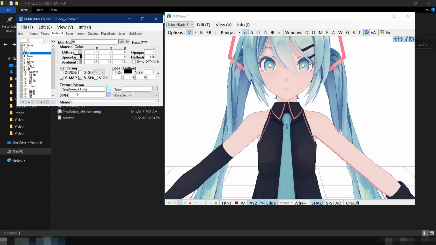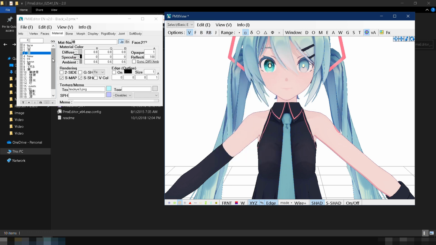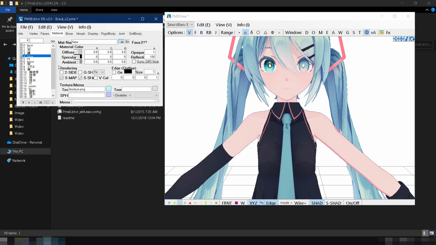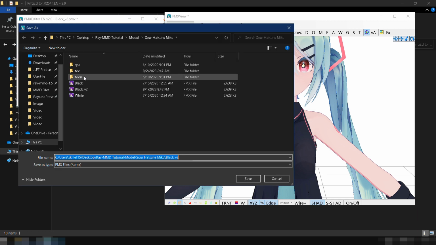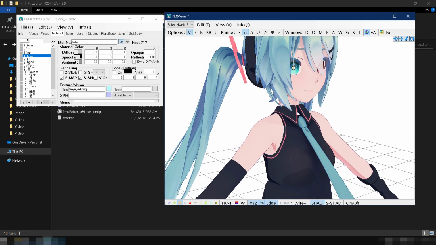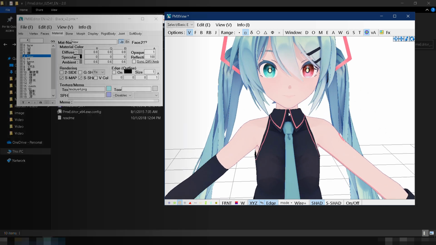If you click somewhere else on the screen, the model's eye will automatically update to the new texture that we assigned. In case it doesn't automatically update, you can always click Edit, then Update in the PMX view window. Next, select the right eye, which is number 4, and replace the existing texture with i4.png. Don't forget to save after you're done with the changes. We have now finished changing the eye textures. Great job! Now let's proceed with setting up the model inside MMD.